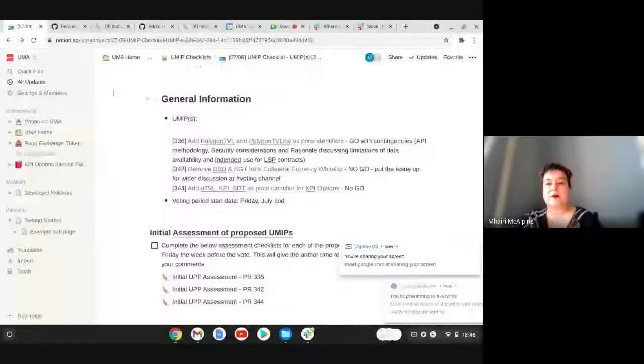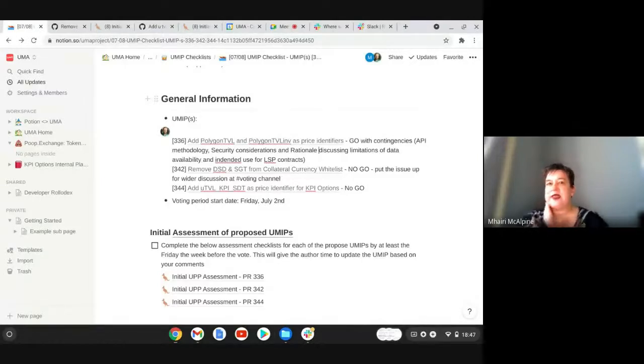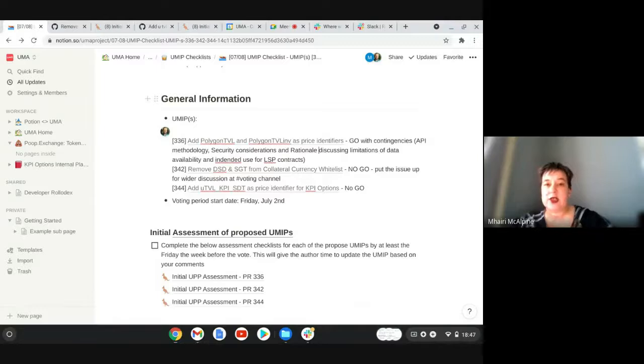Okay, just to draw things back, in terms of the outcomes for the UMIPs this week, for PolygonTVL and PolygonTVLinv, we've got a go with contingencies. That it needs an API methodology, security considerations and rationale, discussing the limitations of data availability and intended use for LSP contracts. Then for 342, we've got a no-go, and we're going to put the details up for wider discussion